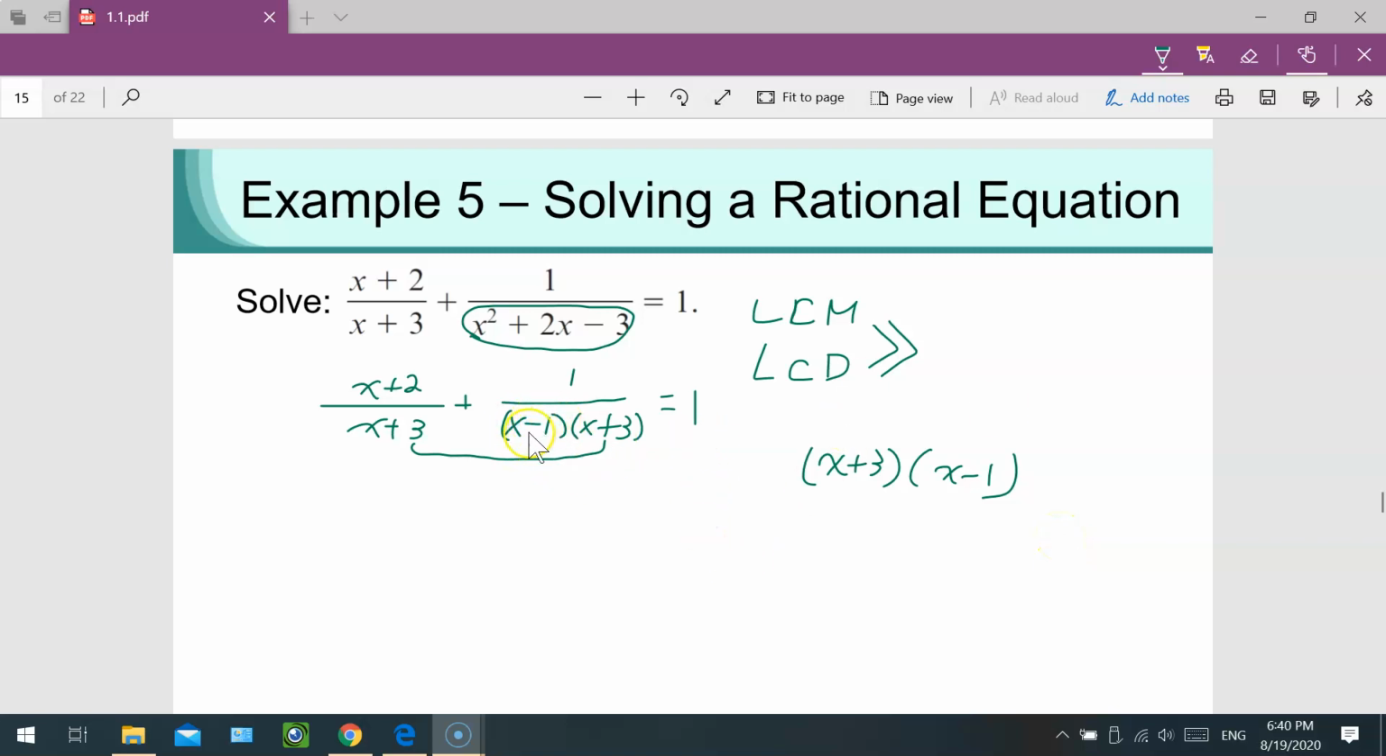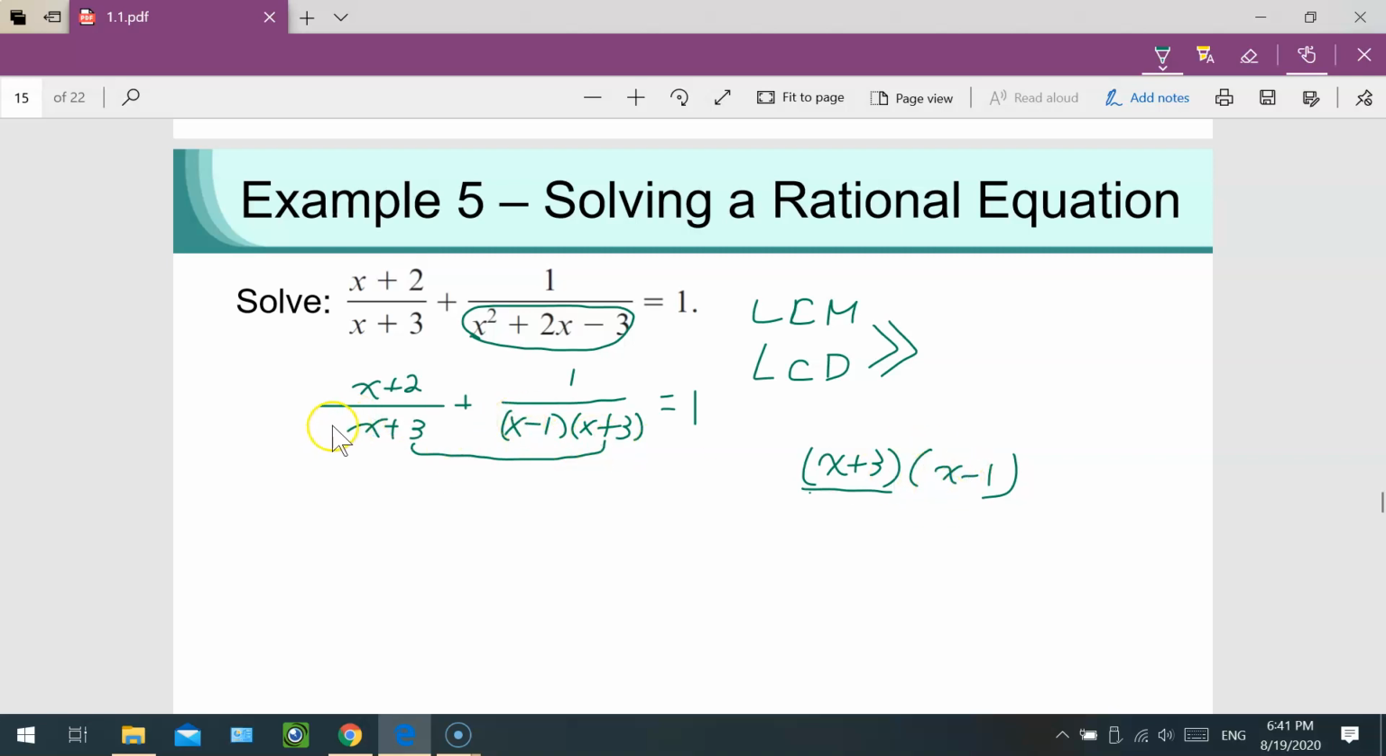Once I factor out the second term, the denominator has x minus 1 times x plus 3. Now I can see what would be the least common denominator for this rational equation. Since both sides have x plus 3, for sure x plus 3 would be a term of the LCD. The other one, this guy here, x minus 1,